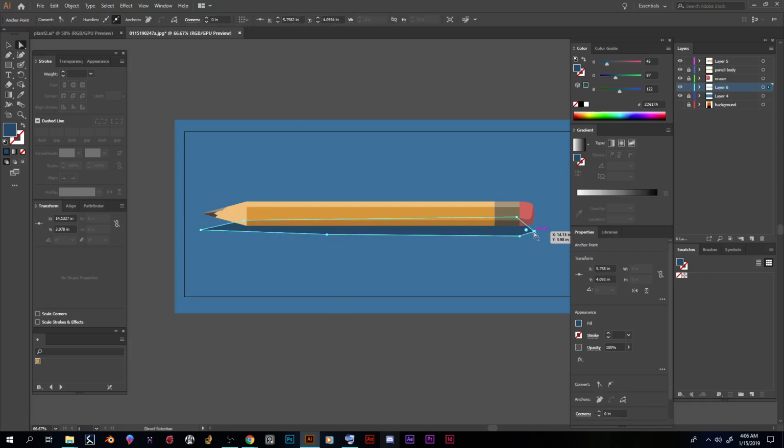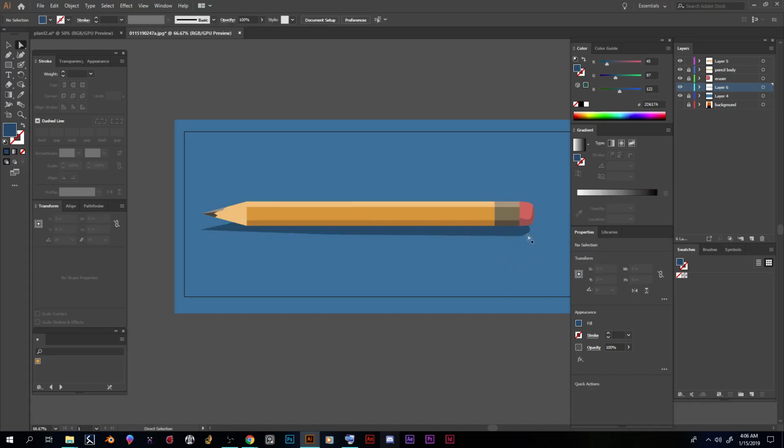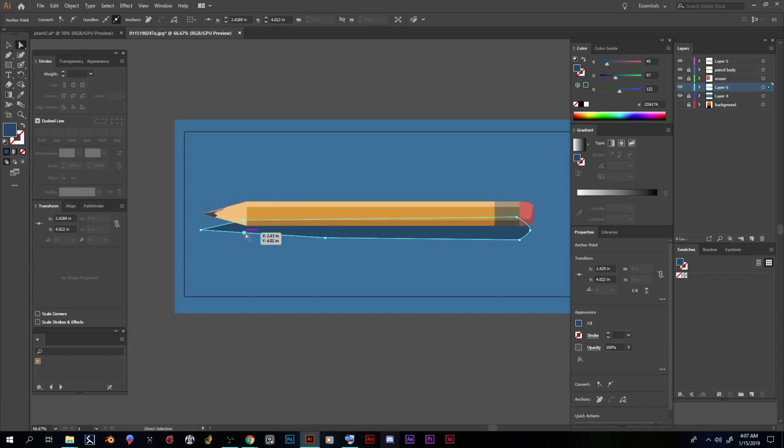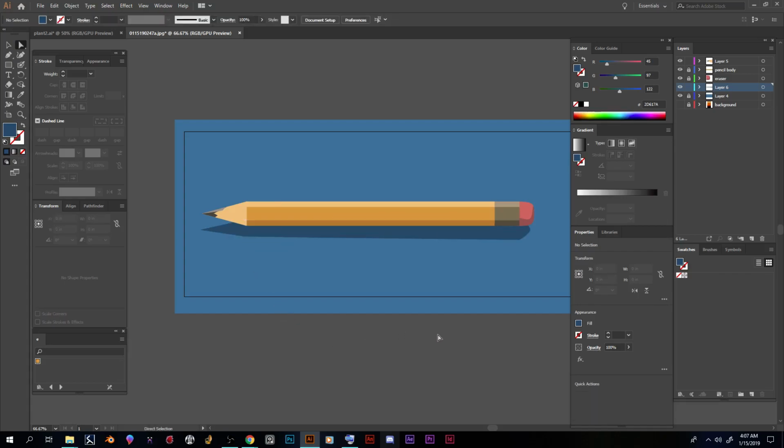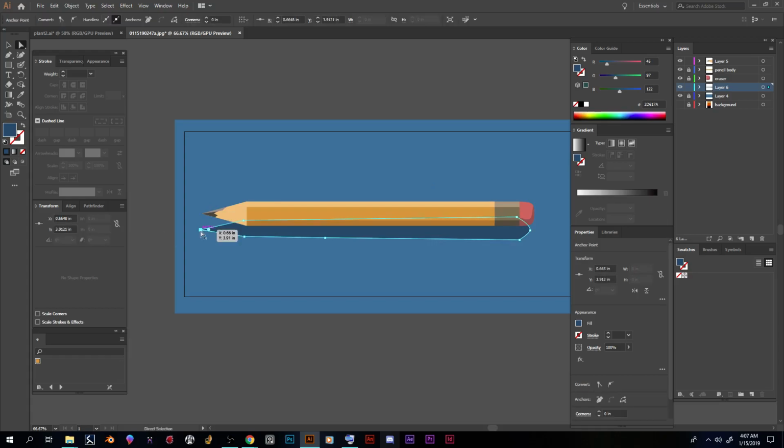Okay, I'm just gonna adjust these points. I'm gonna convert that angle there to a curve. Might match the eraser slightly. With shadows, sometimes people stress over them, but as long as you can get kind of close, it doesn't really matter. Let's make it believable. Alright. It's looking okay. Anyway,